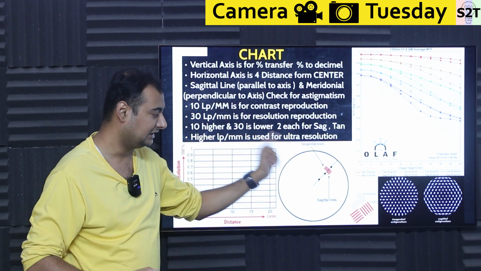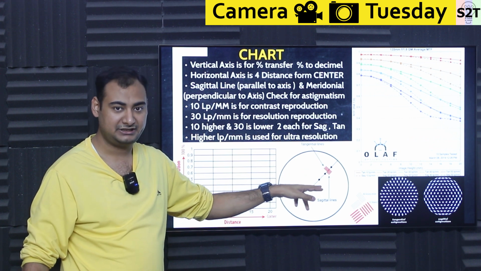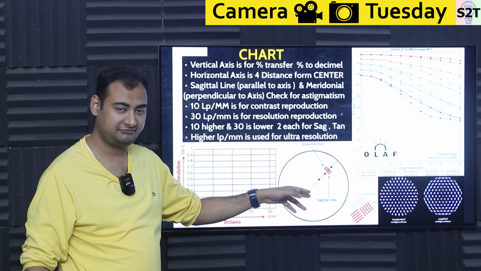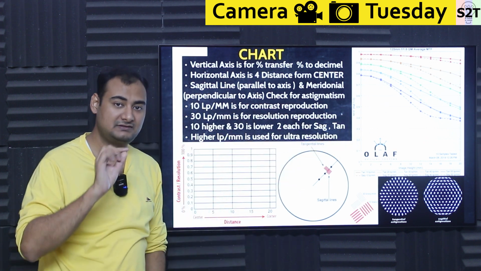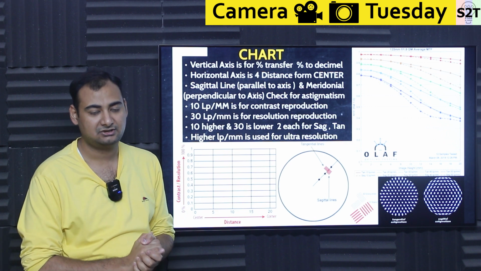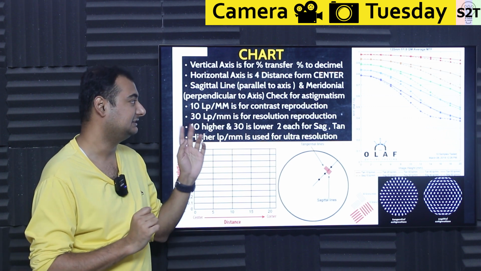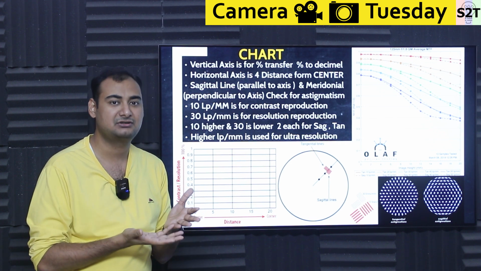Now the question becomes, why do you have two? I'm not talking about the fidelity; both could be 10, both could be 20, both could be 30, both could be 50. But then why do you have these two data points? Why does each of these lines always have a single line and a dotted line? Well, because we realized very early on that lenses have astigmatism. Basically, astigmatism is there in most lenses, and it is the nature of reality itself.